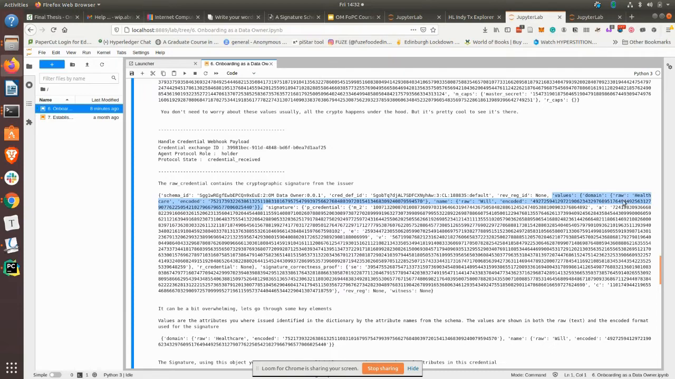Right, so you can see domain, we have this raw thing, healthcare, and then encoded. So encoded is like they're turning it into a mathematical number that can be used in the proof. And again, name is will and encoding. But then there's the signature value,